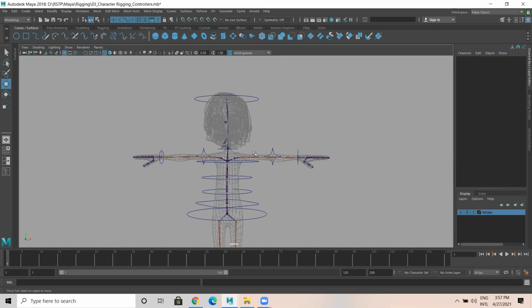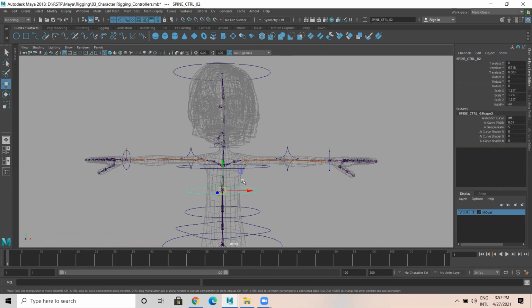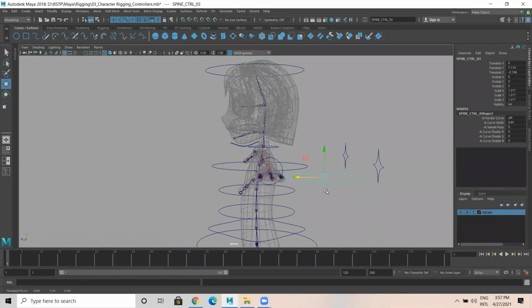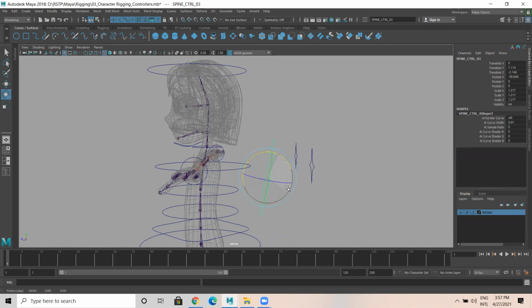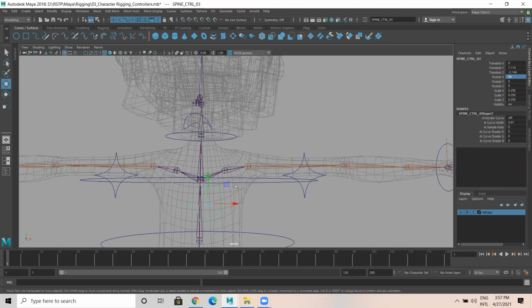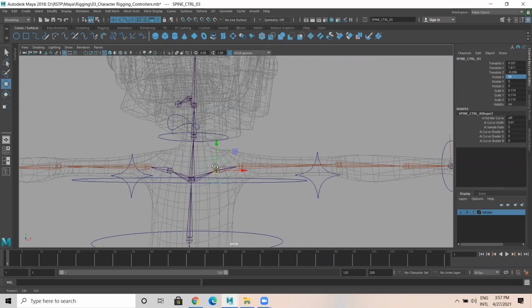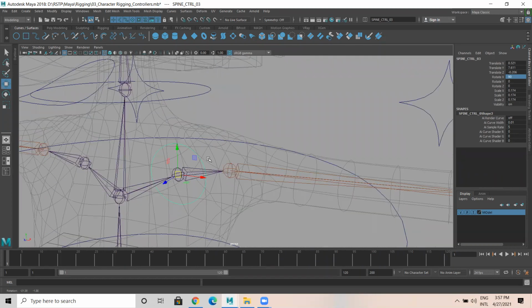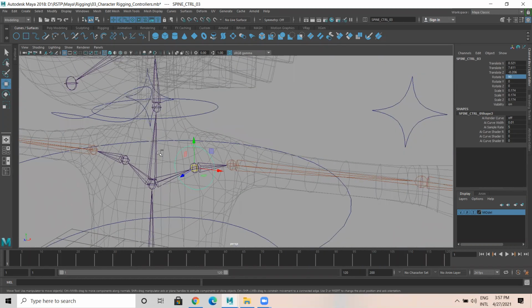So we need to have another controller here. I'm making this smaller. And this comes for the clavicle. Here, the clavicle joint, add it here. And I duplicate this, one here, one here.